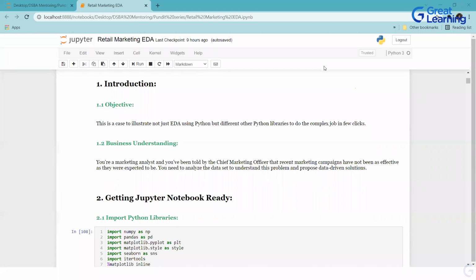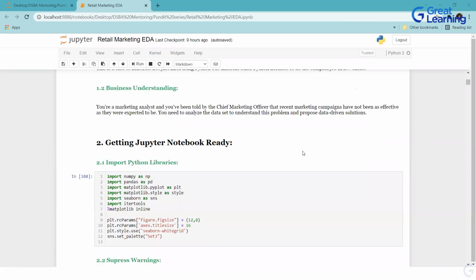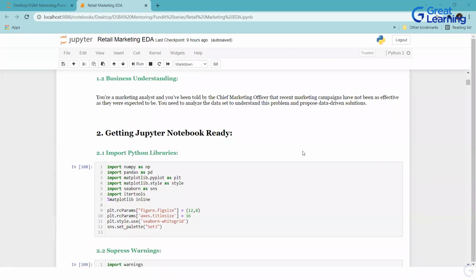Yes, guys, we will continue to discuss all these aspects. You are pretty much aware of it. Let's see how to explore this as a data scientist. The very first step that we need to do is get a Jupyter notebook ready. That means you have to import the libraries, at least the basic libraries. The rest you can do on the fly, because you never know what all you will require. As a generic good practice, we always import NumPy, Pandas, Matplotlib, Seaborn.